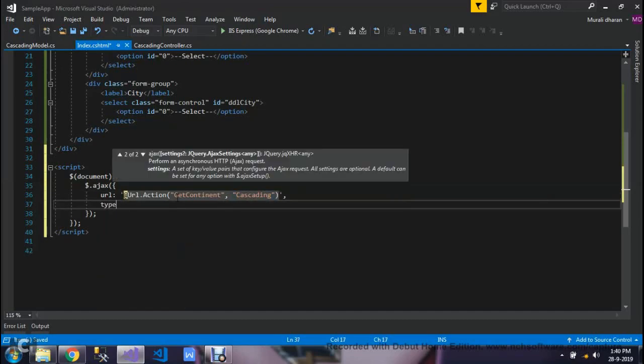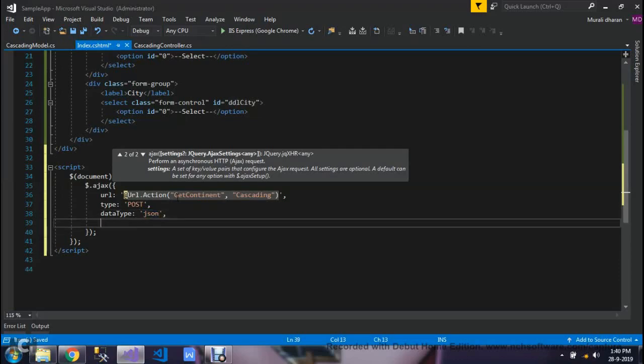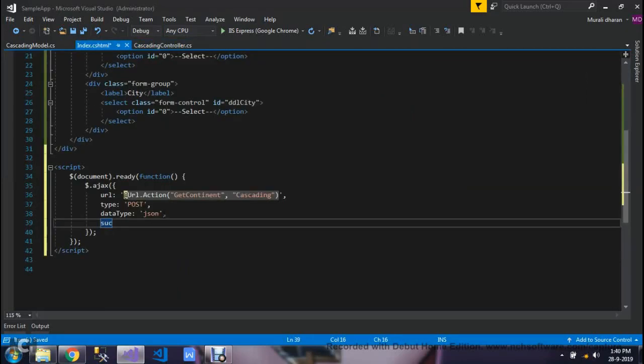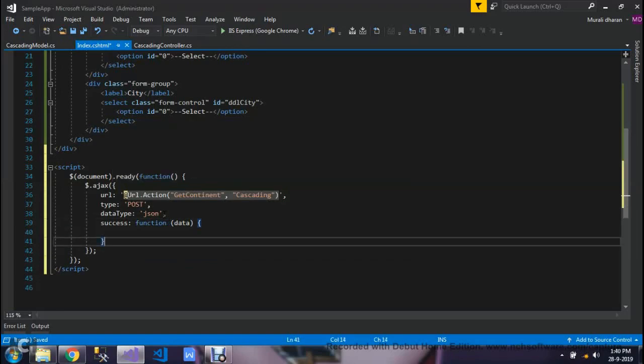Then type is post, data type is JSON. We aren't passing any parameters here, so we don't need to provide data. Success takes a function that returns the data. So the data,